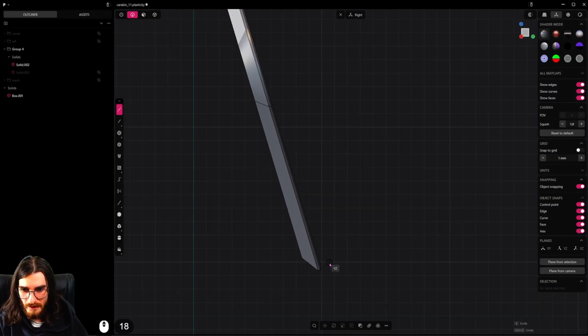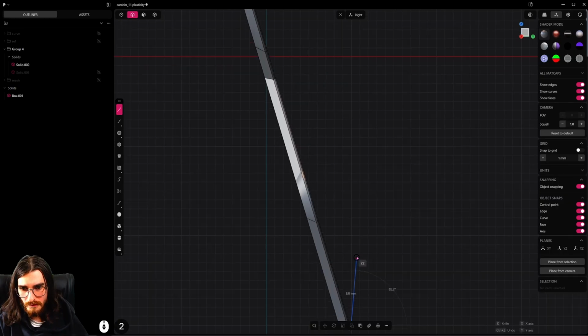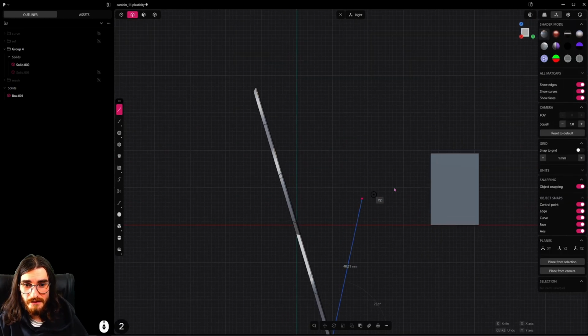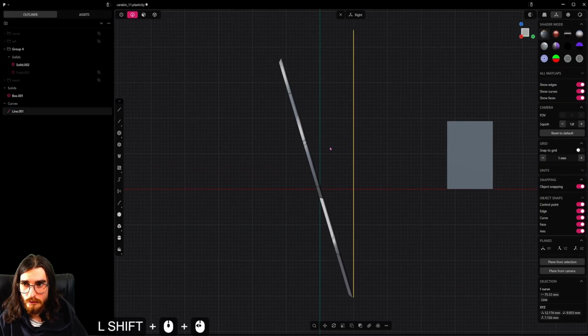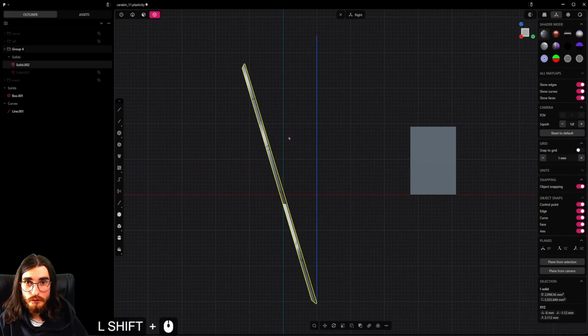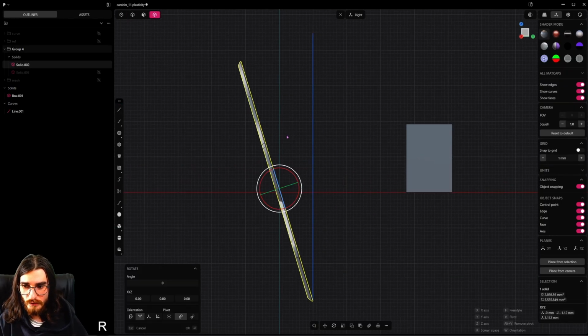You need to create a line and you need to start it here in the bottom of your object. And this line needs to be parallel, so hover your mouse over here to the object that you want to align it to and press Shift just to have the guides for parallel line and drop it like that. Good. Now you need to select the object you want to align and press R and then press F for